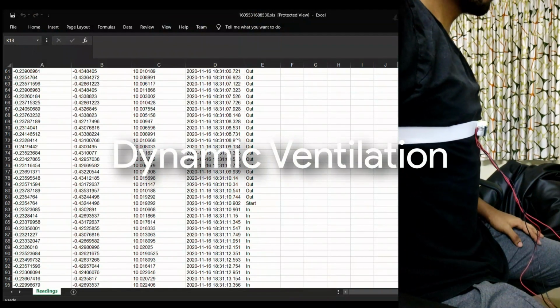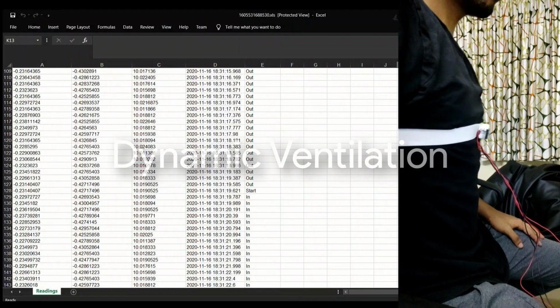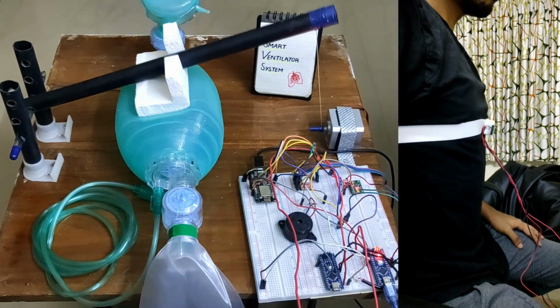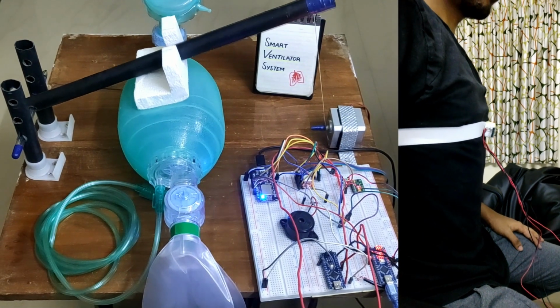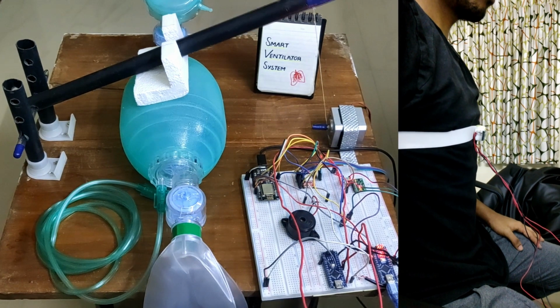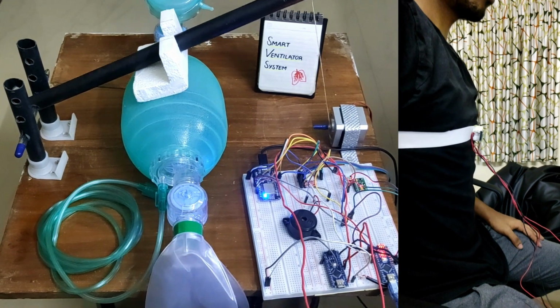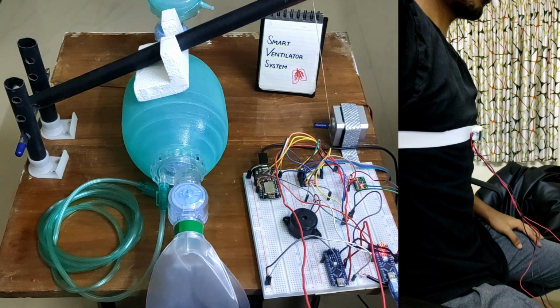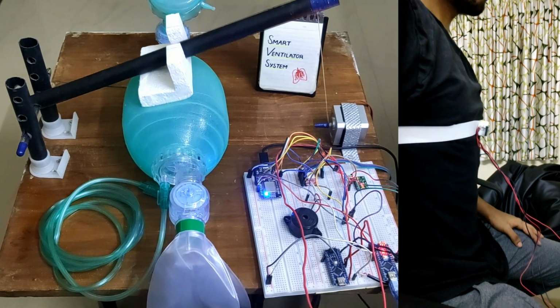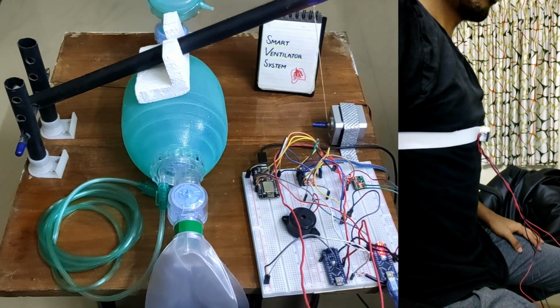Now, with dynamic ventilation, the system will start learning the respiratory pattern by analyzing the value coming from the accelerometer, which is strapped onto the patient's chest, and we can track the diaphragm movements. This system tries to imitate the same on the resuscitation process so that the patient would feel more comfortable as he or she recovers and starts trying to breathe at their own degree and proportion. You can see that there.